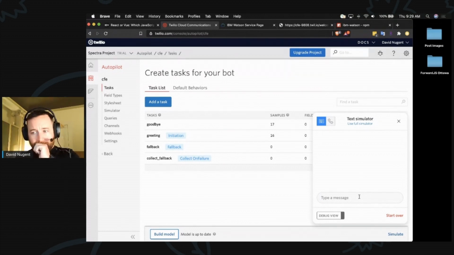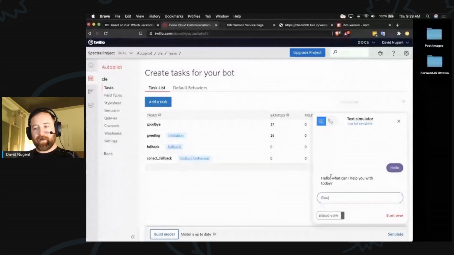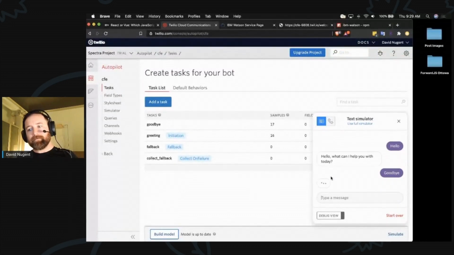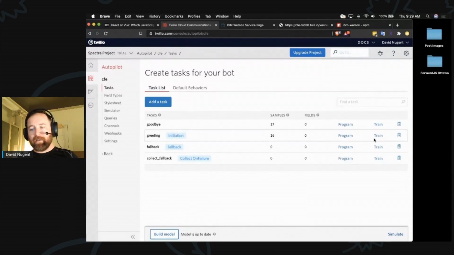through that. So I'll just say hello, and the bot says, hello, what can I help you with today? And then I'll say goodbye. And the bot says, thank you, please reach out if you need anything, right? So I'm basically just triggering the different tasks here. And if we look inside each of these, I'll go into